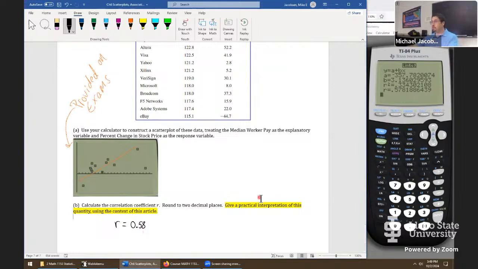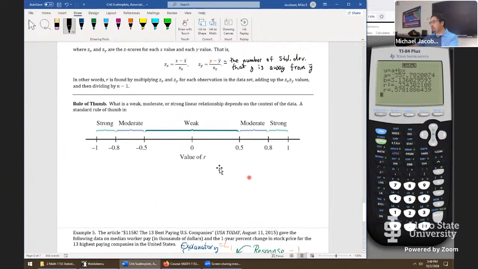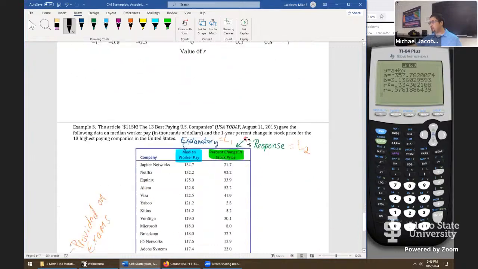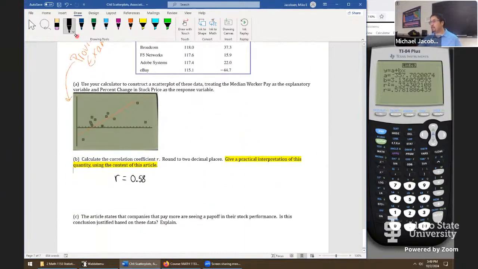So here's one thought you could do. If you like, you could go over here. You could include this on your sheet of notes for exam 2 and observe our value is here. So we'll say that there's a moderately strong correlation between the two variables. We're at about 0.57 right here. It is just a rule of thumb, but it's a good starting point. So coming down below, we can say there is